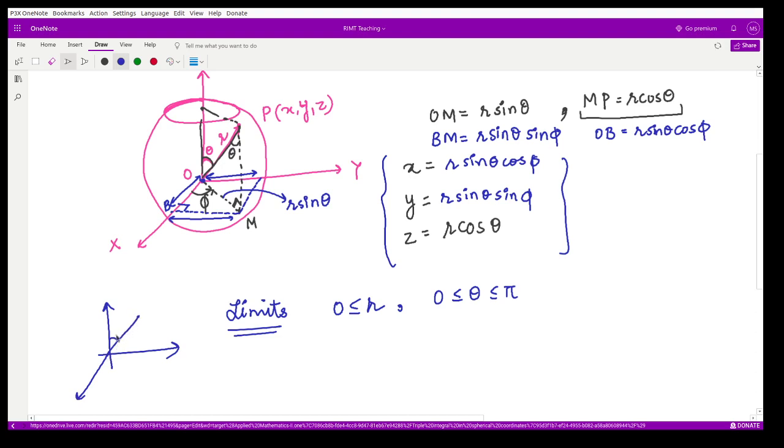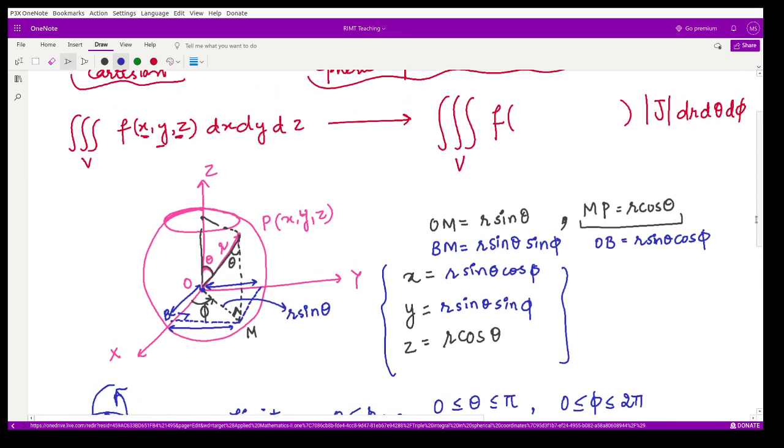Say this is the point, this is the angle theta. When you are taking the distance from 0 to pi, that means you are shifting from here to here. So you are basically covering a semicircular area, right? And when you rotate the semicircular area in this particular direction, you will get a complete sphere. So this direction is given by phi. Accordingly, phi would be covering this whole revolution. That means it is moving from the angle 0 to 2 pi. So these are the limits corresponding to this transformation.